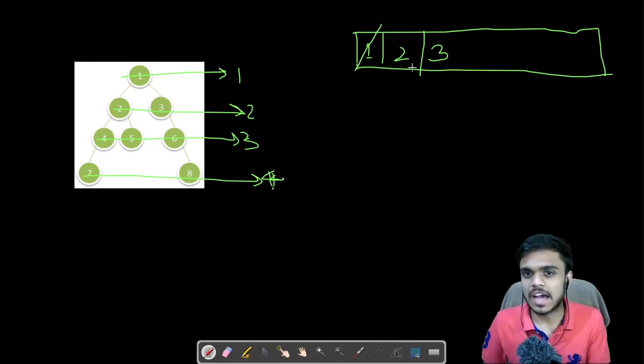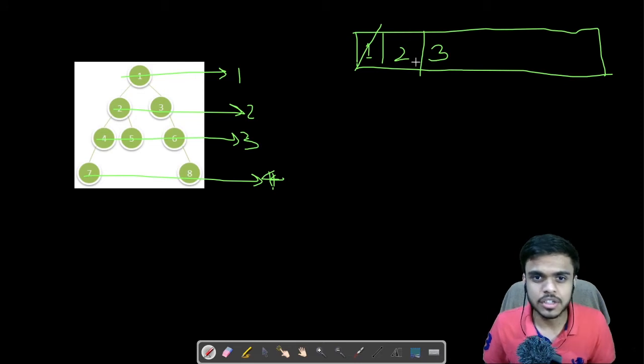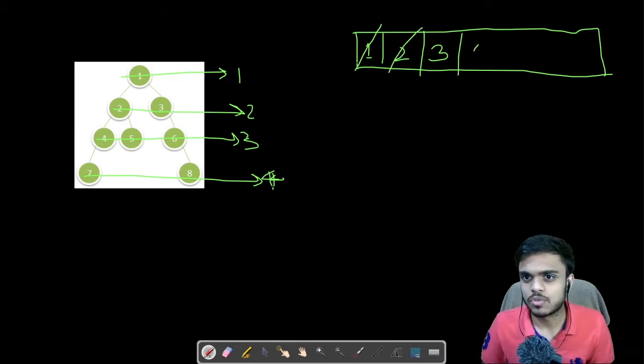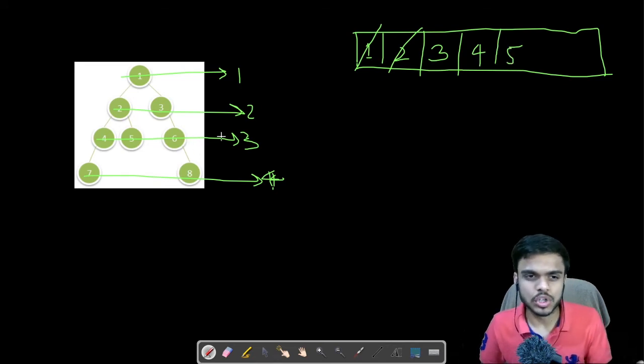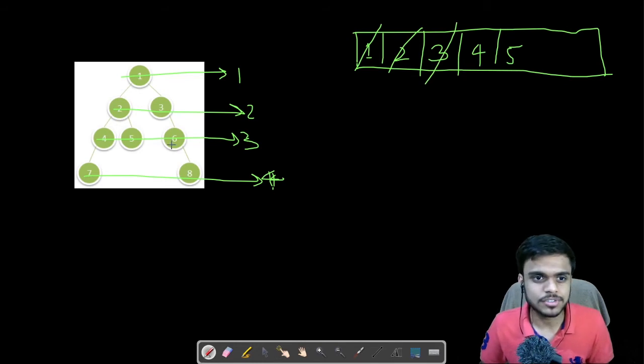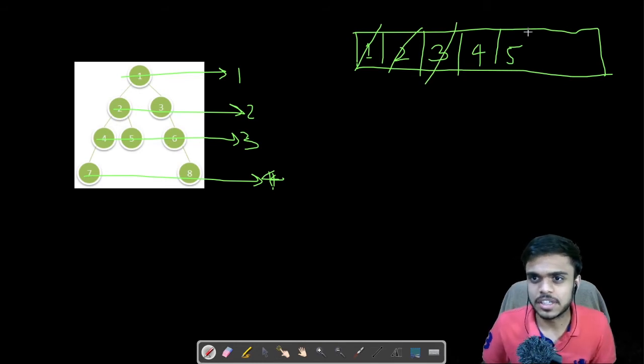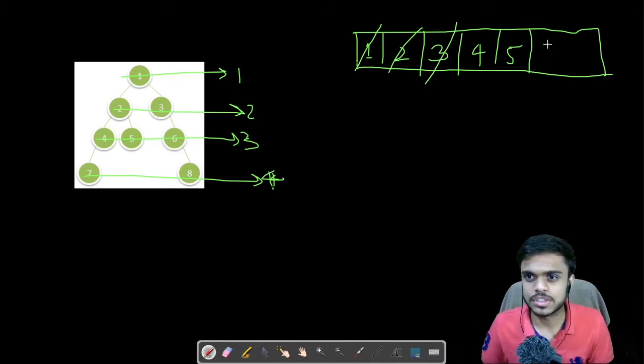Now what we have is element 2 and element 3. We will first pop off 2 and put its left and right child, that is 4 and 5, and then we move on to the next element, that is 3, pop it off and put its children. We have nothing on its left, so we just put its right child, 6.